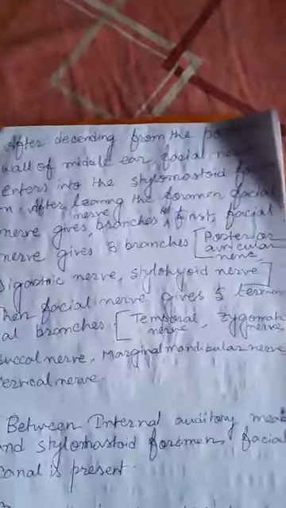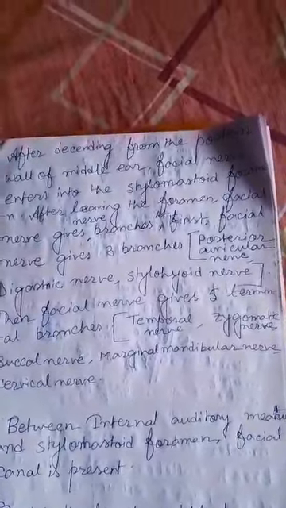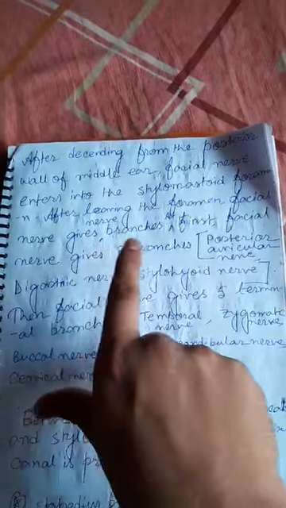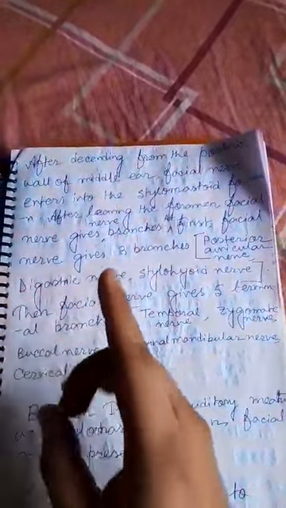Okay. After descending from the posterior wall of the middle ear, the facial nerve enters the stylomastoid foramen, which I have discussed now. After leaving the foramen, the facial nerve gives off nerve branches. Just after leaving the stylomastoid foramen, the facial nerve